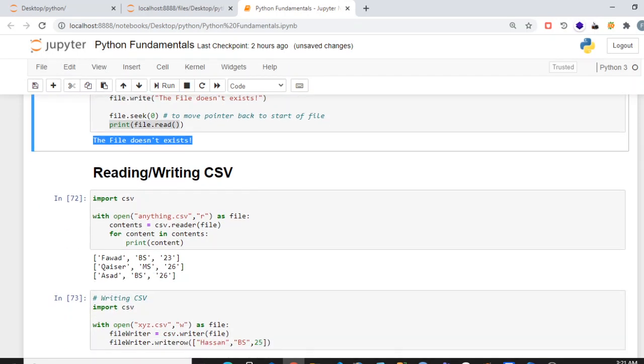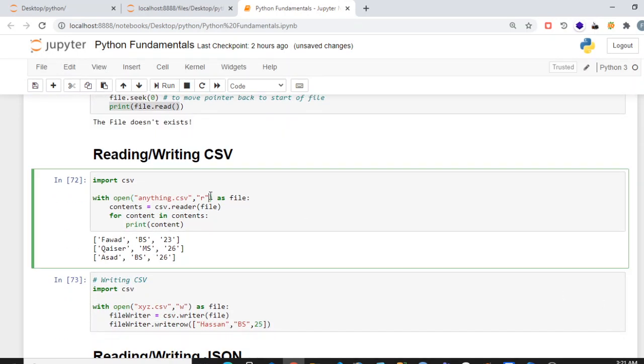Then we can read and write data from CSV. To read or write CSV, you just have to import another library, which is csv. So first you have to write import csv, then similar syntax with open, the name of the CSV file, and the mode, reading or writing, which you are using. Again it will generate an exception because anything.csv does not exist right now. So let's create a file